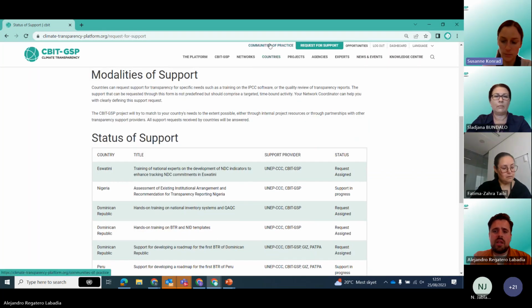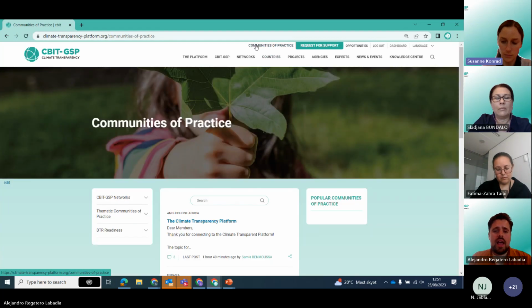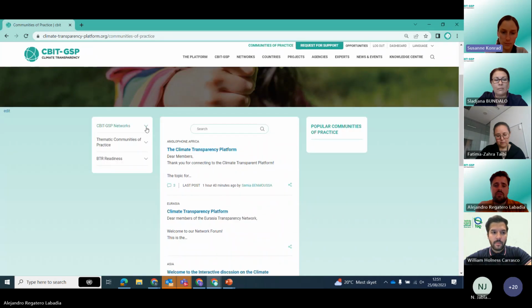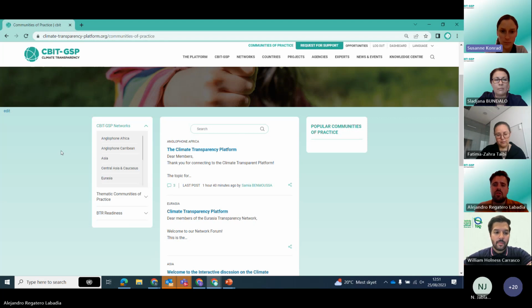And lastly, let me show you the communities of practice space. This is also a very important part of the platform and a part that is highlighted as one of the main objectives of the platform. Here we can see all the different forums that we currently have, and it's a space mostly dedicated to you so that you can participate, ask for relevant information, also engage with other members of the network, members of other networks, and in general, all different users of the platform to find either specific information about BTR readiness and NDC tracking, other topics, specific information related to the Eurasia network,